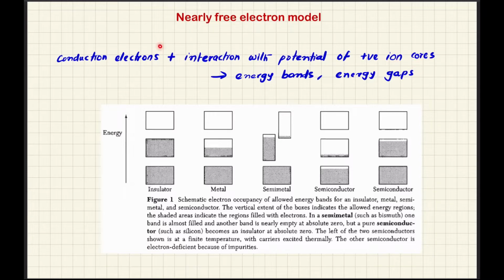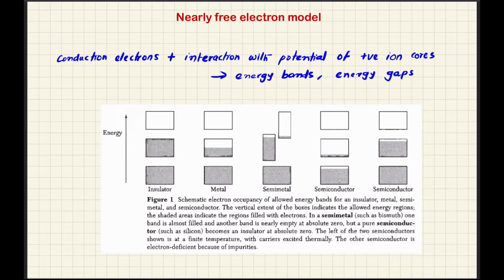As the electrons travel inside the metal, they can interact with the potential of the positive ion cores. Basically, we will take into account the interaction between the electron and the periodic potential in the metal provided by the ion cores. This model is called the nearly free electron model,